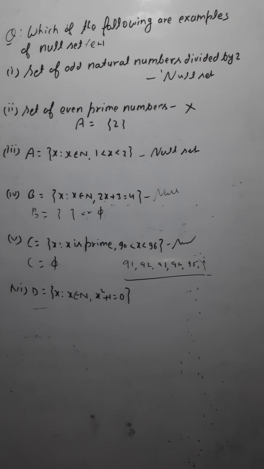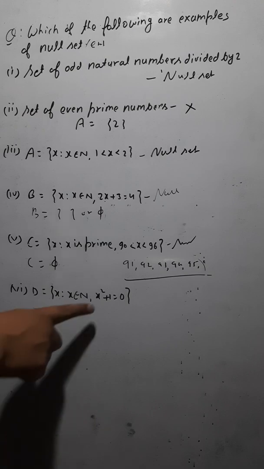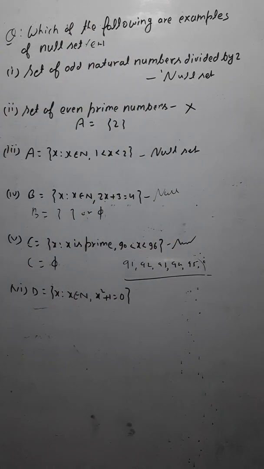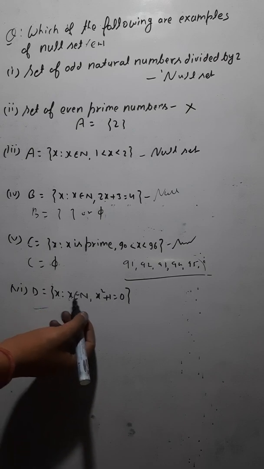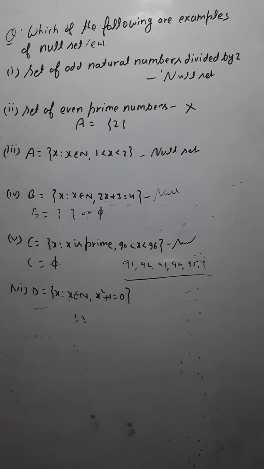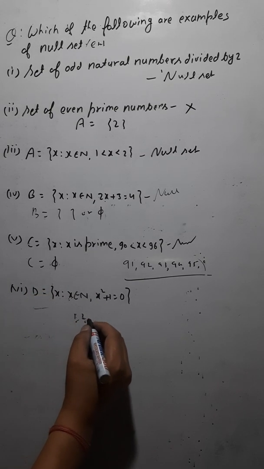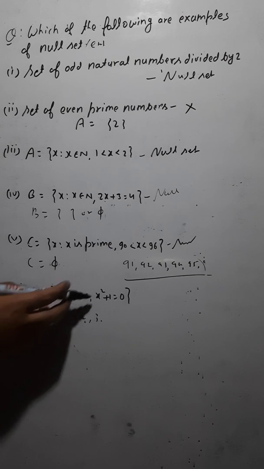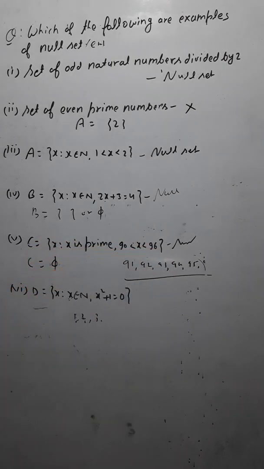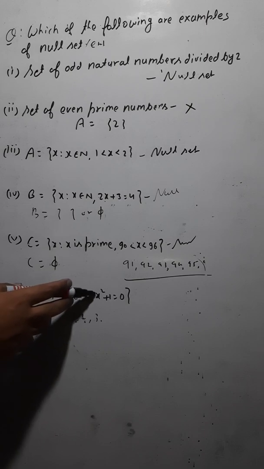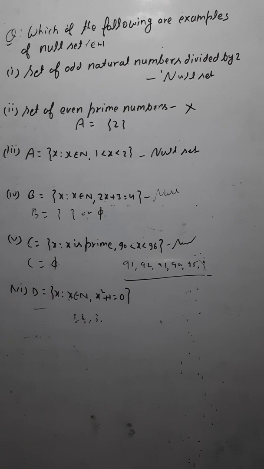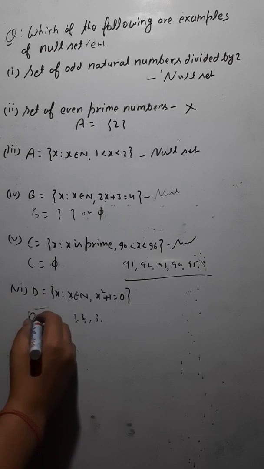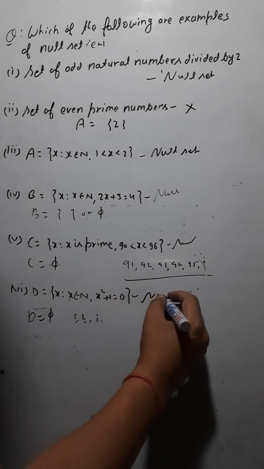Now next question, you have the set D that contains element x such that x belongs to the set of natural numbers and x square plus 1 should be equal to 0. Can it be possible? You have the element x here and x belongs to the natural numbers. Natural numbers are what? 1, 2, 3, etc. And x square plus 1 should be equal to 0. Let's put the value 1 here first. So square of 1 is 1, so 1 plus 1 is equal to 2. Let's put 2 now. So square of 2 is 4, 4 plus 1 is equal to 5, but you are not getting 0. But it should be 0, but you are not having such elements there. Okay, so again the set D would be a null set or empty set.